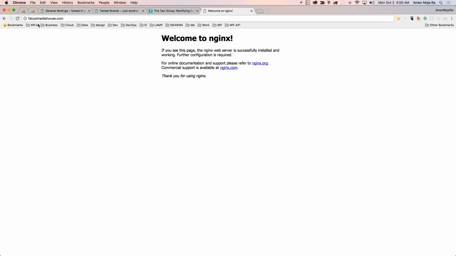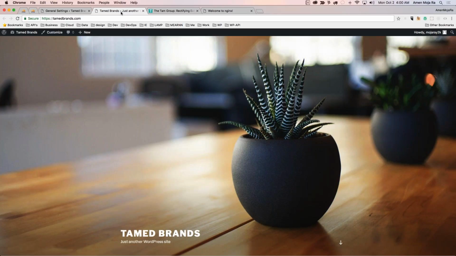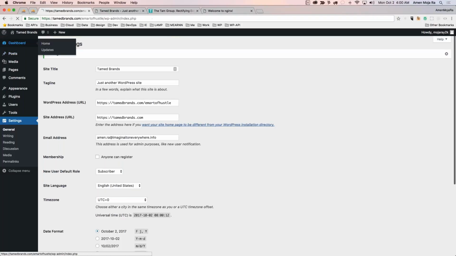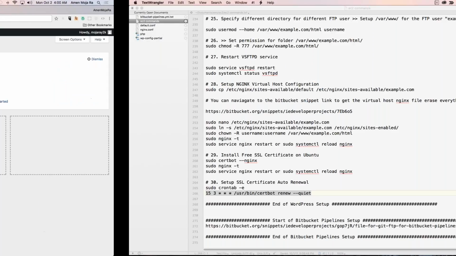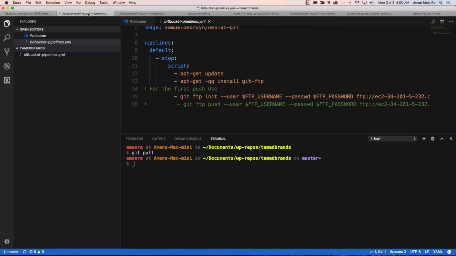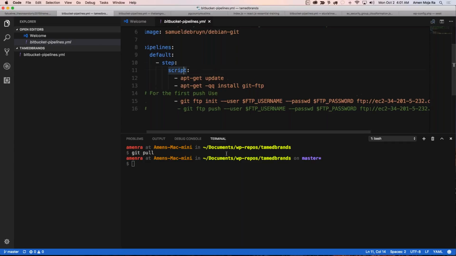So what I want to do is add this to an existing instance. Oh, there is one last thing I got to do. I got to set up my Bitbucket pipelines for this. So here's my YAML file, and I want to go ahead and run this. I already have my repository set up. So if I do a git status,